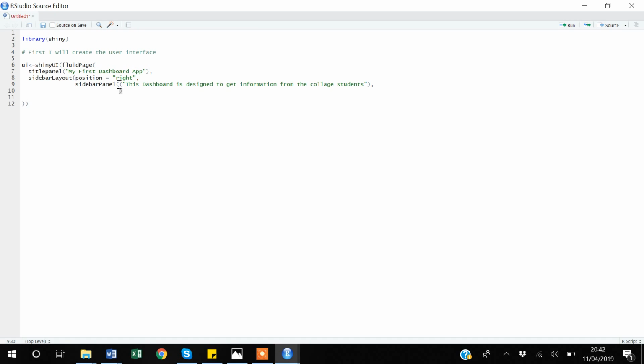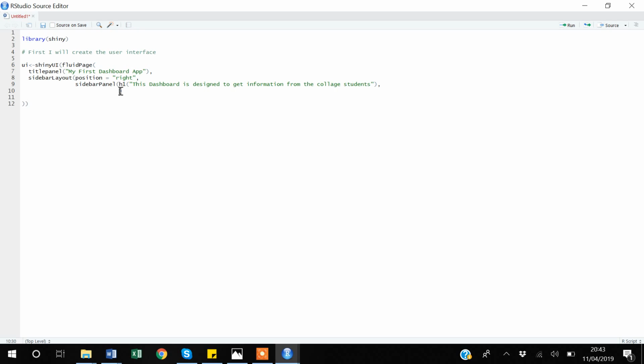If you write h1 before these brackets, it will be considered as the top heading, and it will be formatted accordingly. So I'll be saying h1,